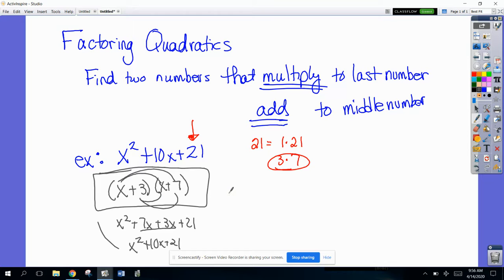Now, the other thing is this is not the only correct answer. It does not matter what order you put these in. If you were to do x plus 7, x plus 3, that's a perfectly fine answer. It doesn't matter which number goes first in the parentheses. Okay, next